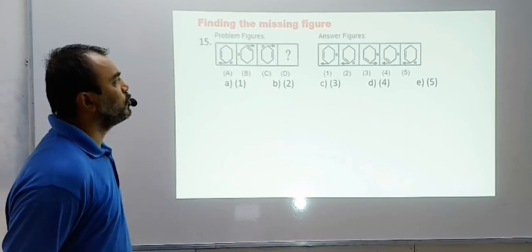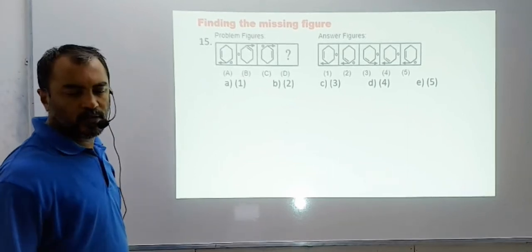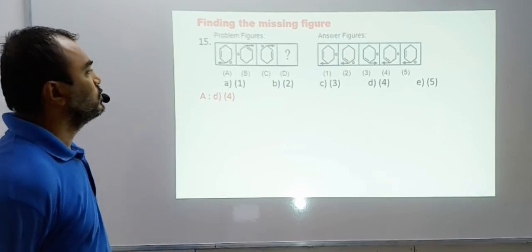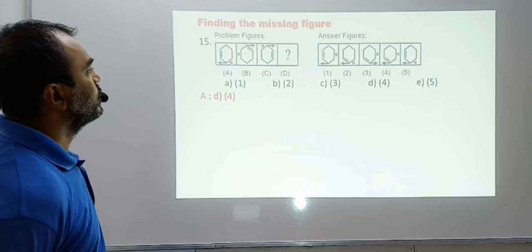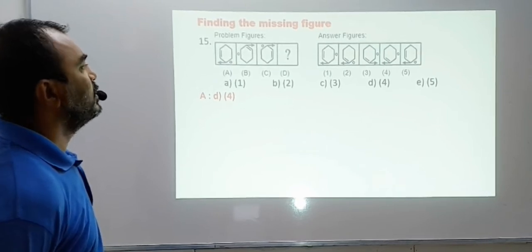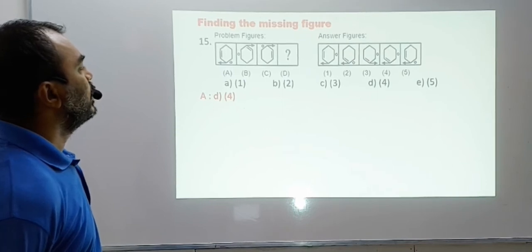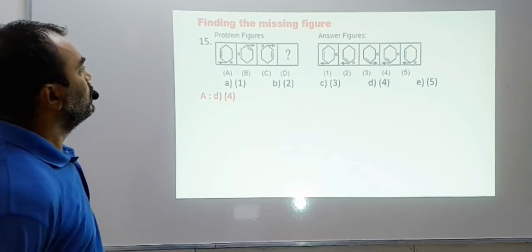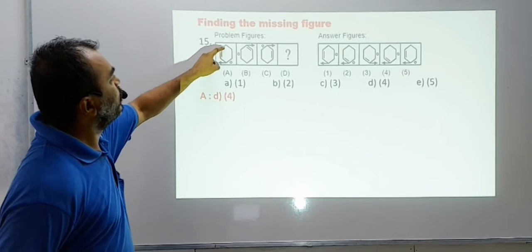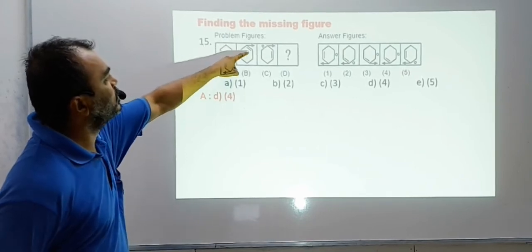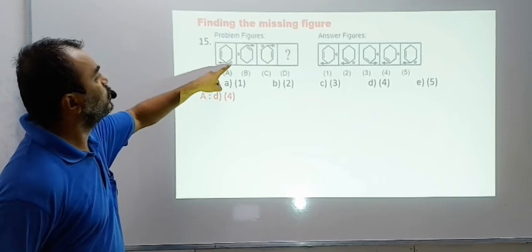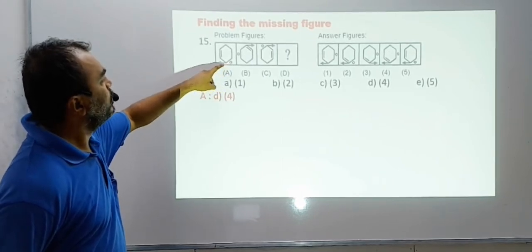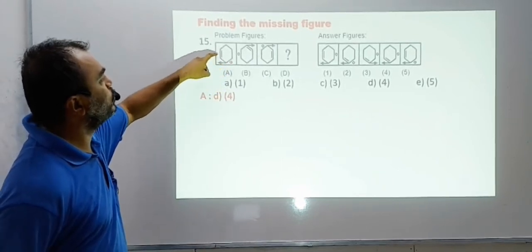Okay? Have you worked out your logic? I will give you the answer. I hope many have got this answer correct. D4. Okay? So now since you know the answer, you can still work out the logic. How the line has moved. The line has moved from here till here. So it has moved 2 spaces, right? So this line should move 2 spaces also. The circle has moved from here 1 space and 2 spaces. So circle also moves 2 spaces.